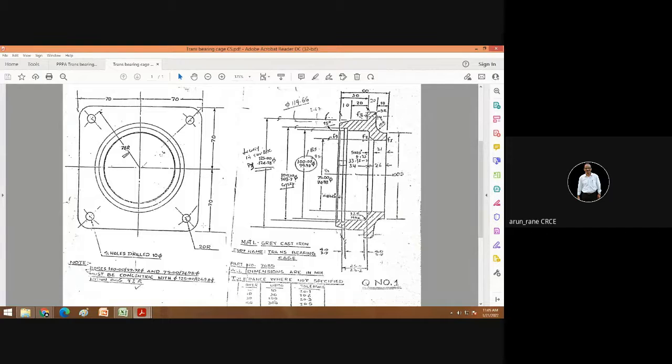Fine. So for milling, actually you have to tell me in the next class whether to go for drilling or milling first. Obviously, first you will have to do the milling. I am just giving you the answer also. First you have to do the milling, at least one side on a vertical milling machine, so that when you are doing drilling, at that time you can locate this bore as well as this side also, so that you need to have two locators here. One here and one here, you will need two locators. So that this hole can come at 45 degrees.